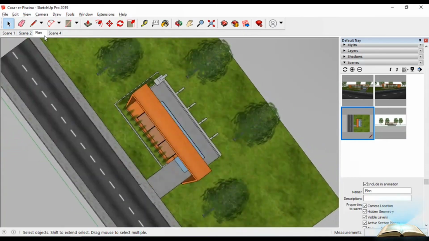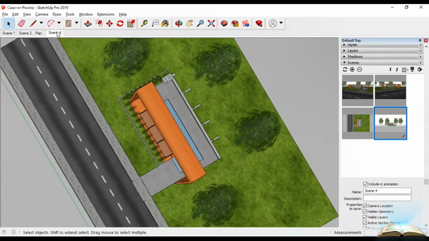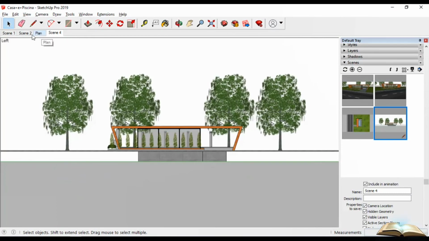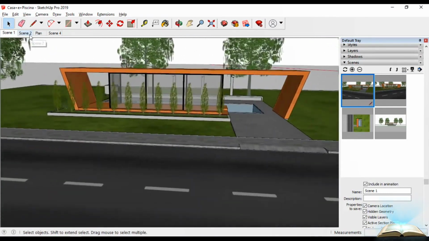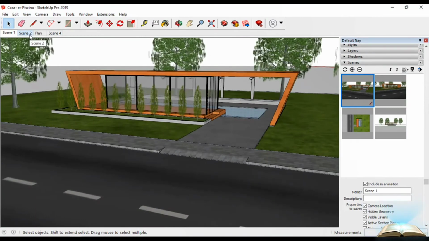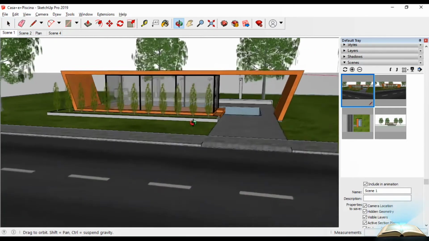When I switch among scenes, it directly has these references. So it's quite easy for us to look at the particular view whenever we want. If any changes have to be done, we can revert back to the particular scenes that we have created earlier. So it will help us to have visualization from that particular camera view whenever we require.